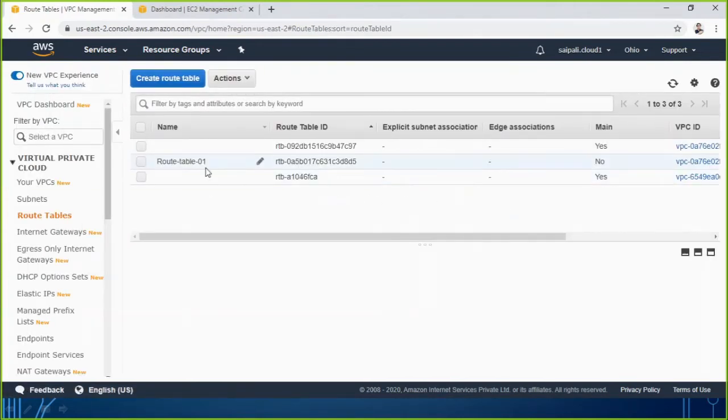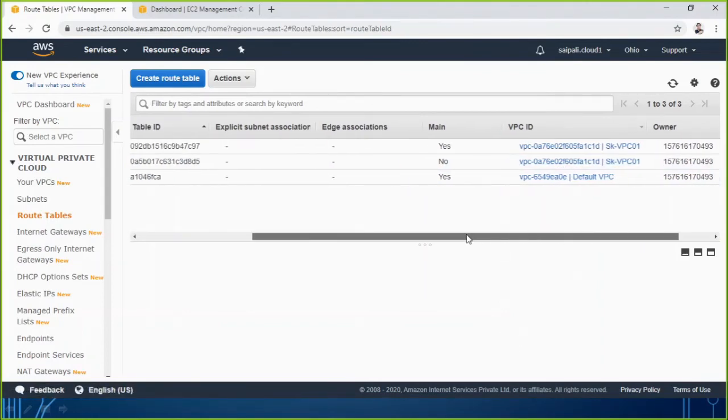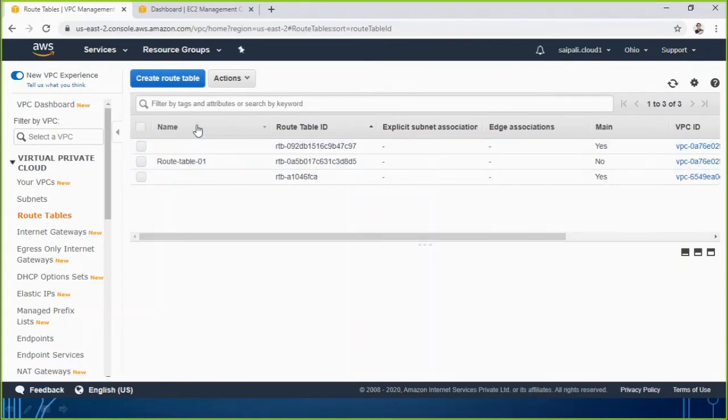So now we have a route table which is connected with our VPC SK VPC 01, that is our VPC which we have created. And if you check here, the name will be appearing. Here the route table ID will be appearing all the time.